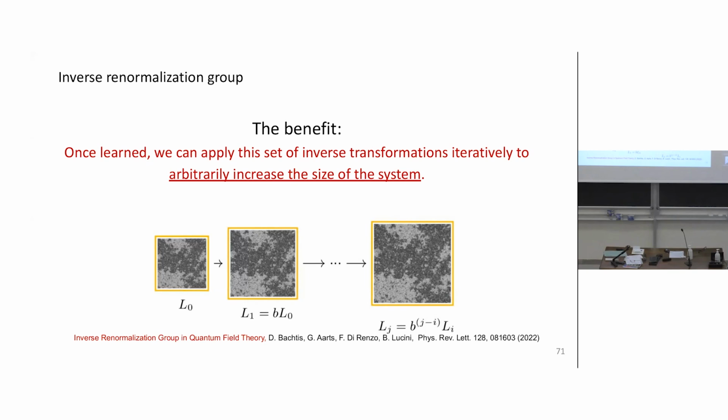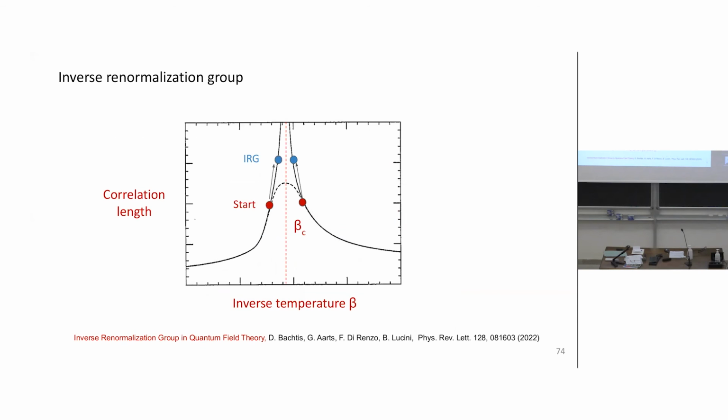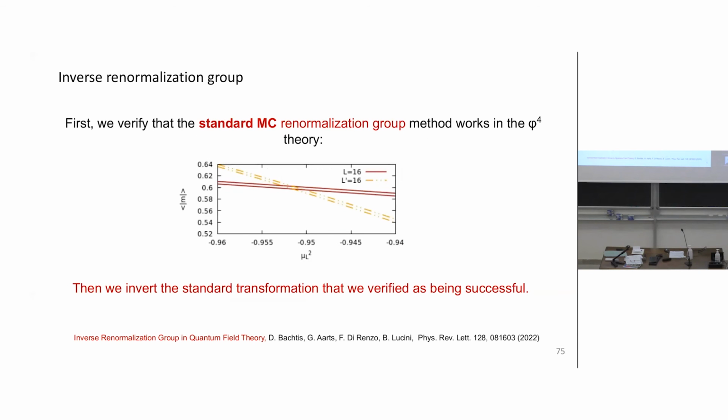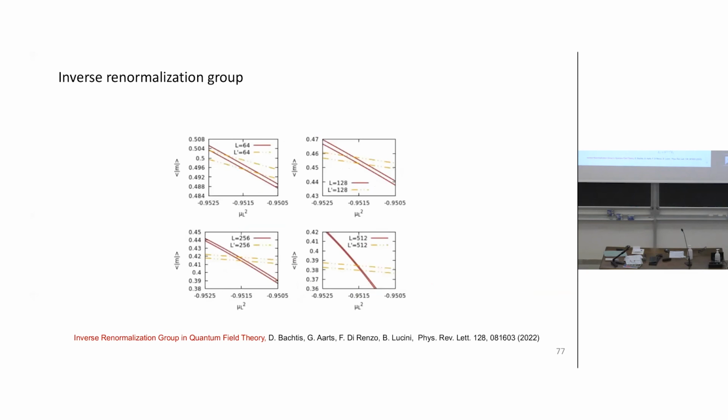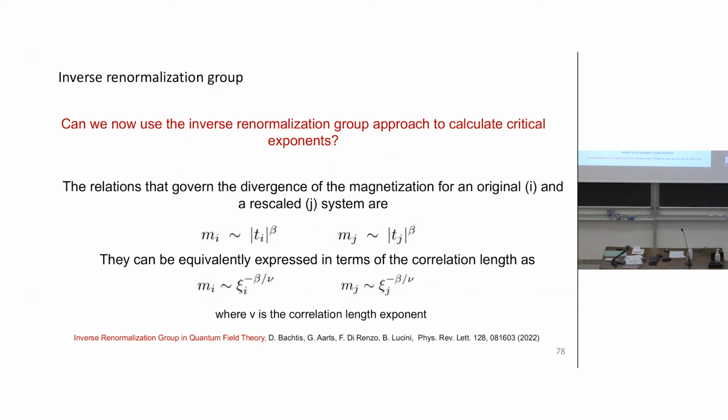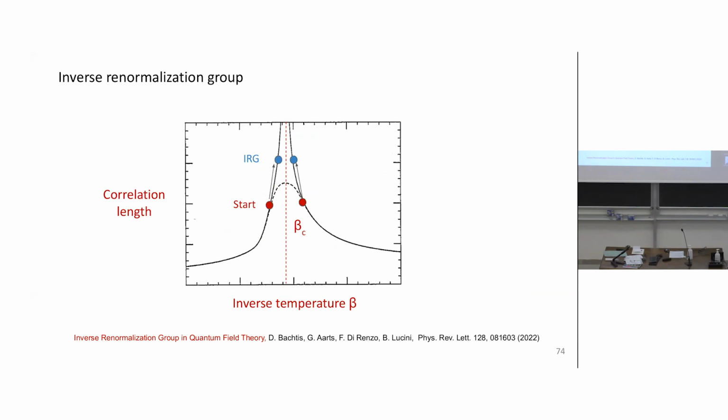When you do these inverse transformations, in a sense, there is a lot of freedom. When you invert the renormalization group flow, you can actually add arbitrary irrelevant operators to your action. How can you be sure that this specific inverse transformation keeps you on the same trajectory? How do you know that it's not having different improvements to your action, that it's always the same improved action that you're simulating